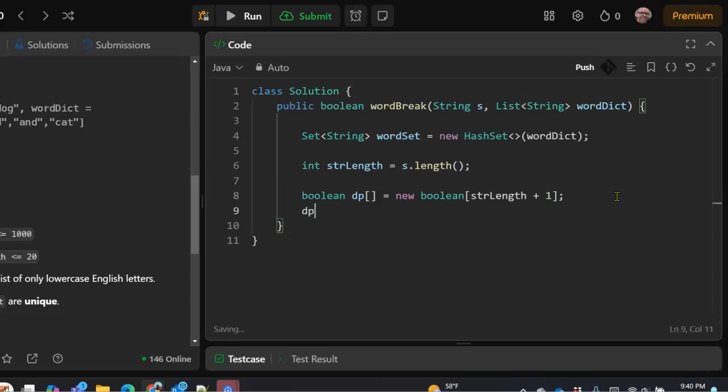And we're going to start with this: dp[0] equals true. I don't think that's something that's going to happen, because the constraints say that the length of the string will be at least 1, but we still need that to make the algorithm work.